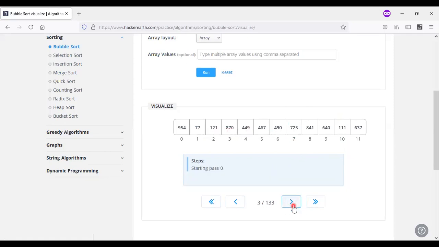First, the 0th element is compared with the element at the first position, subscript 1. These two are compared and swapped. And this process will continue until it reaches its position.